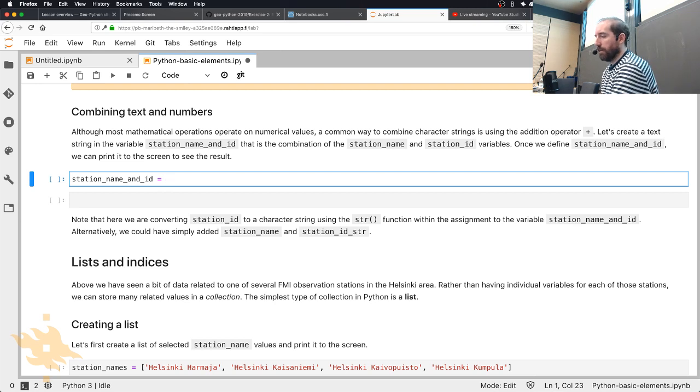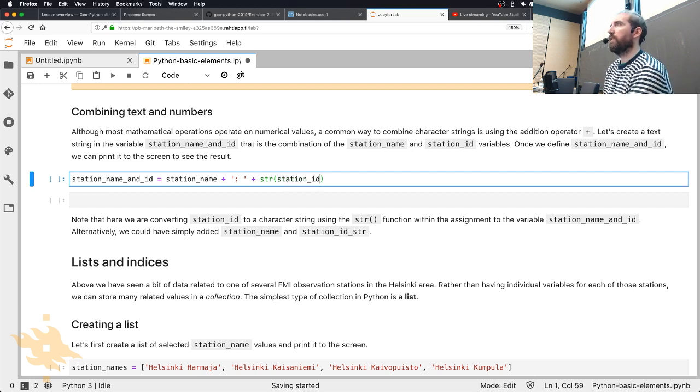In this case, we can take our station name and we'll make this look a little bit nicer. We'll add some text in here between the quotation marks, just a colon and then a space after that. And then we'll add str of station